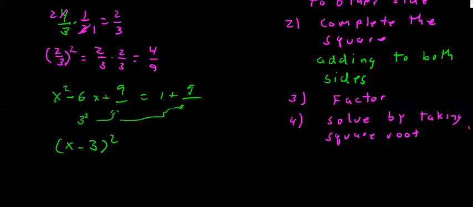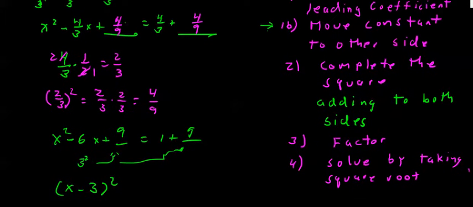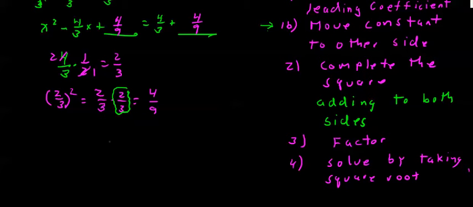Well, when we factor this, it's going to be the same thing. We said 3 times 3 is 9, so we put a 3 here. 2/3 times 2/3 is 4/9. When we factor, we're going to use 2/3, just like we used. The number we squared here went here. All right, let me erase this. All right, so we're going to factor, and we have x minus 2/3 quantity squared